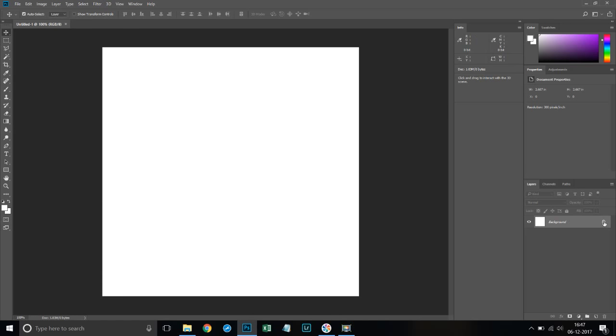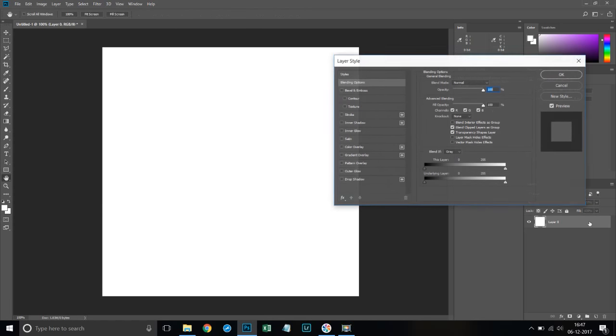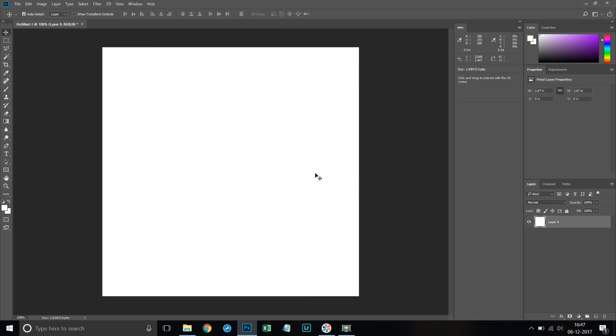Okay, and always as a practice, just unlock this thing and just click on OK. You don't have to right now understand what that does to an image, and yeah, that's about it. So once you have this,